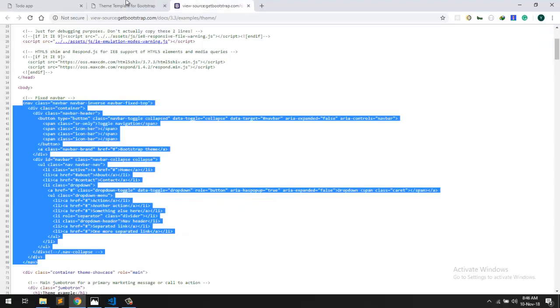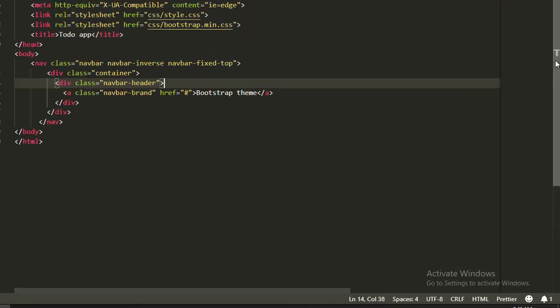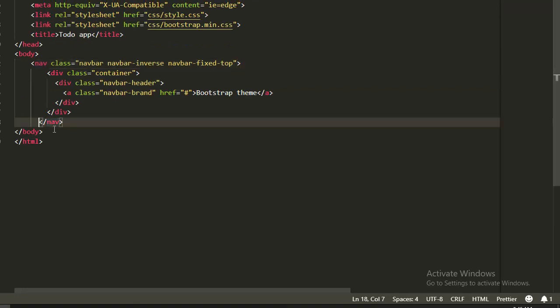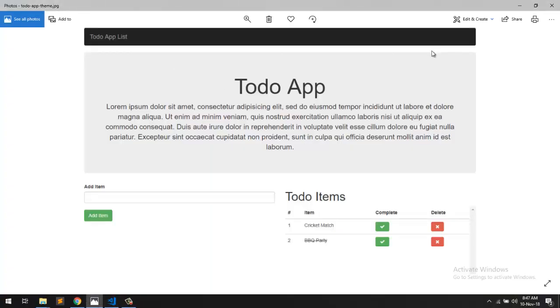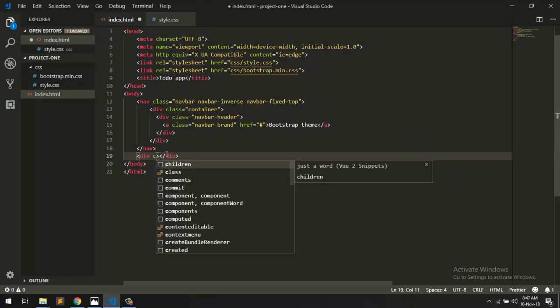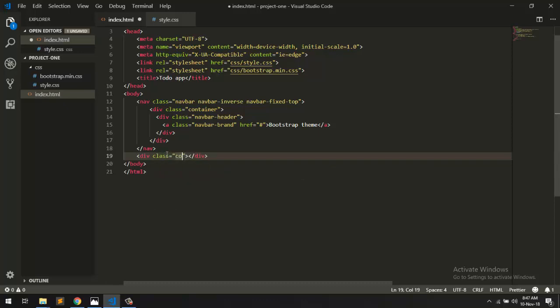Okay guys, we are going to make some other things. We want a grayish container in which To Do App is written and some text is written. So we want that, and we are going to declare a div having a class name called container,